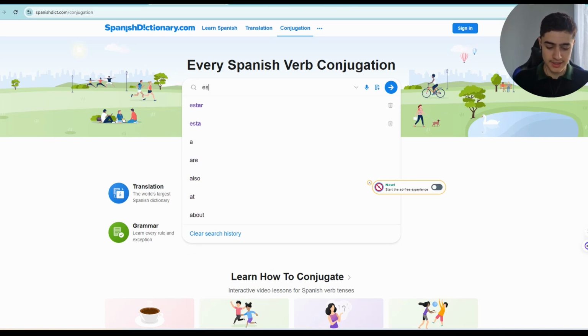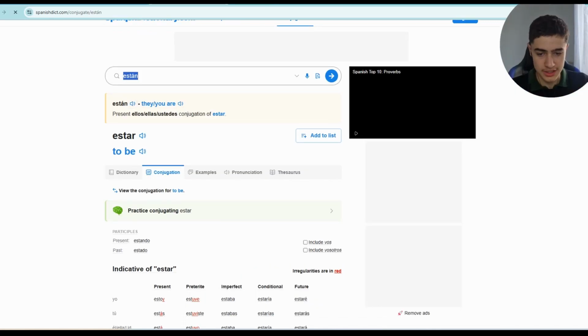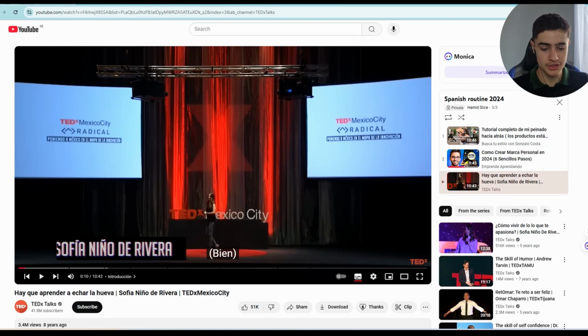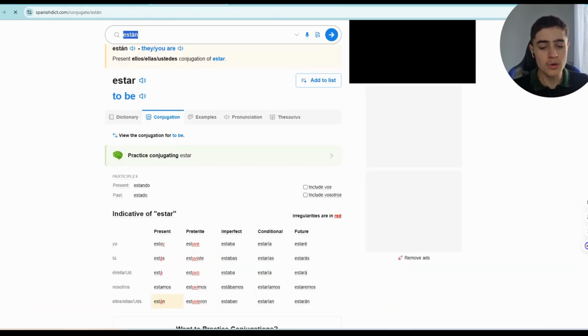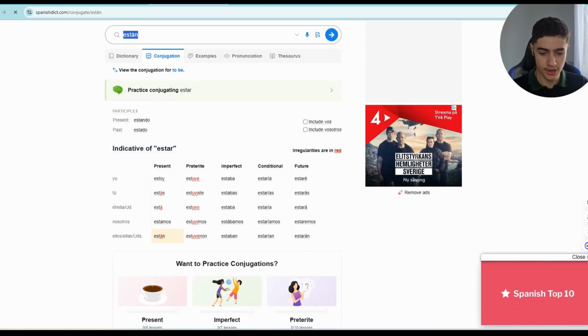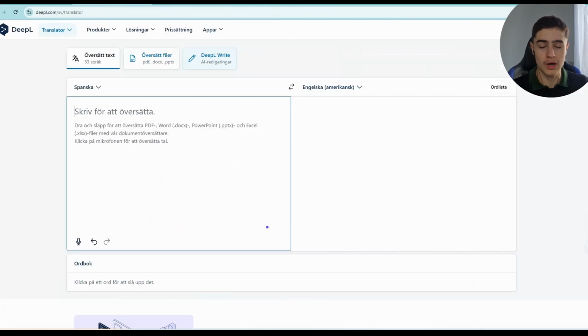So let's take "están." It says they are, you are, and it gives a translation, but not only that, it gives every single conjugation for it. Now, if I were to practice this, let's say this is the first time I heard "cómo están," right? I would want to practice the different forms of the conjugation. So I'd want to say, okay, "cómo están" is how are you guys? But how do I say how are we? How is she? How is he?